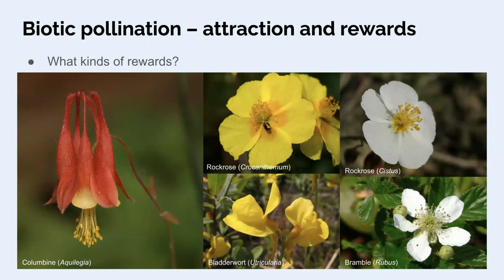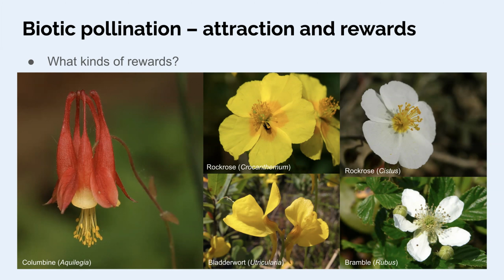Biotic pollination is what we typically prefer to talk about most of the time when it comes to pollination vectors. When we have a pollinator who is an animal, it's necessary to attract the animal. So attraction is required, and then also to reward them. They need to have a flower that draws their attention. They've got a big array of things that they're looking through the landscape, looking for food sources. And they're going to go to places that they can train their behavior on visiting these flowers and getting some